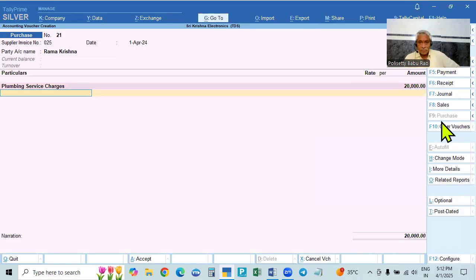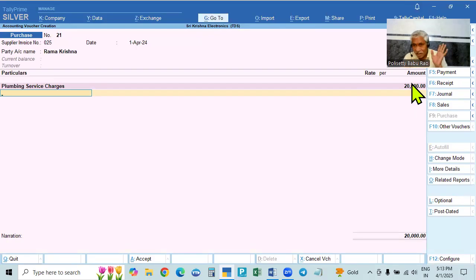After the service, if there is GST, you have to give CGST or SGST. There is no GST here, so after the service you have to give the TDS. Now here, see, the amount is 20,000. The single bill amount is also not above the limit, it is less than the limit.